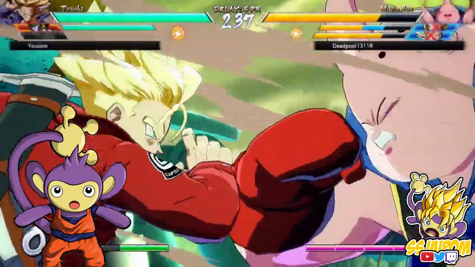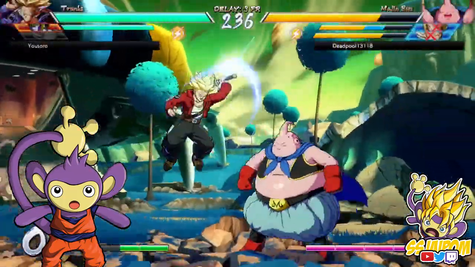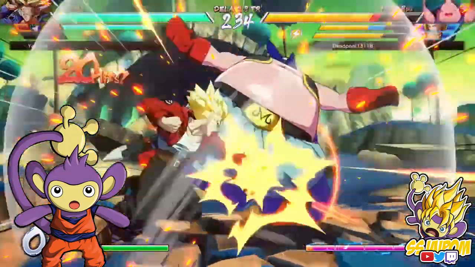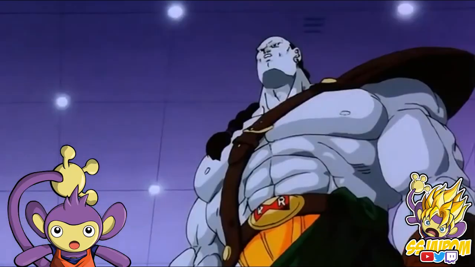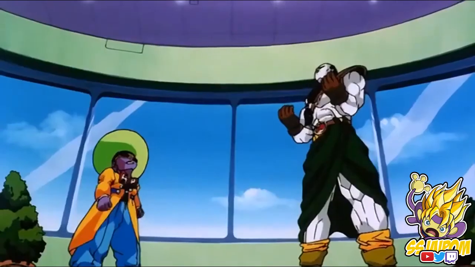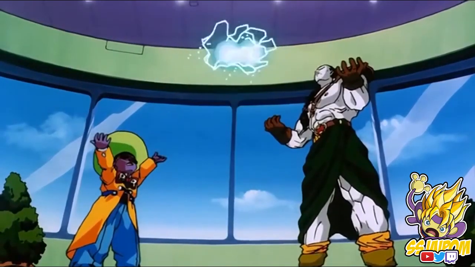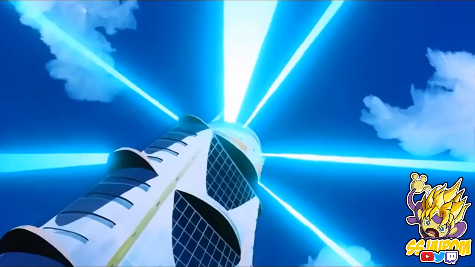Lucky for us, this is where the comic relief takes a break and we get right into the action. It's only 11 minutes into the movie and we get our first fight pretty much right away. Surprisingly, no one died when the androids do their tag team fusion attack, which was weird to me because it probably would have built up how much of a threat they were with a few casualties under their belt, but that's a nitpick.